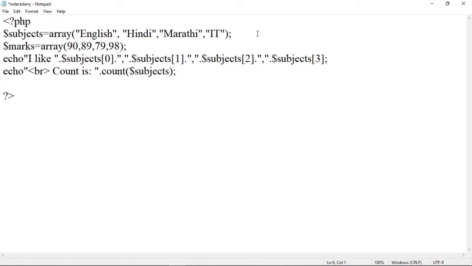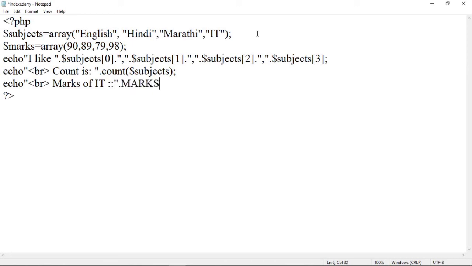Suppose we want to print the marks of IT subject, then here we can add an echo statement, echo. After that, add a BR tag to have the output on the next line, and after that add a statement as "marks of IT". To print the marks, which array do we have to access?